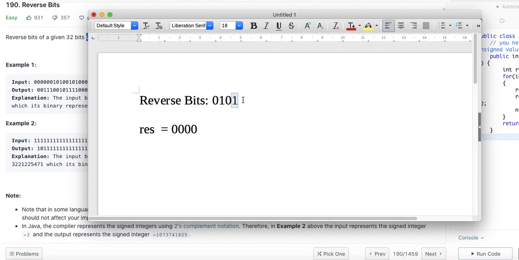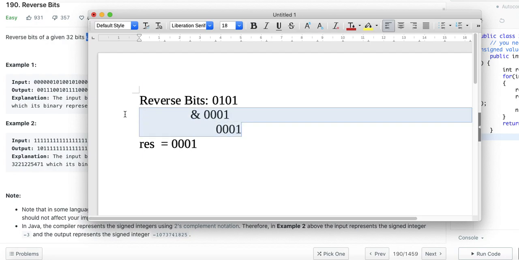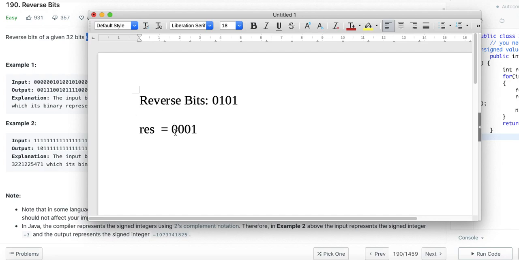Now again I'll get the rightmost bit. How do you get the rightmost bit? You do AND with 0001. Now I can get this rightmost bit and set it in the result. How do you set this? When you do AND with 0001, the result will again be 0001, and then you do an OR with the result. That time this bit gets set. This getting and setting the bits is cleanly explained in the other videos, so you can go through that. Now I got this bit, but since I have processed it, I'll shift the result to left. Here I get 0 and this goes here.